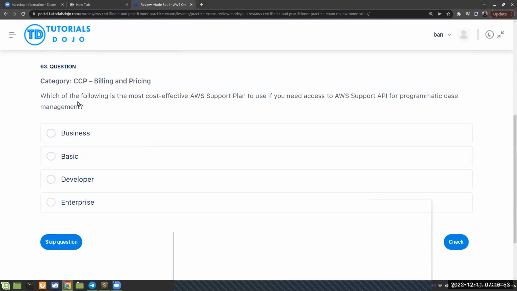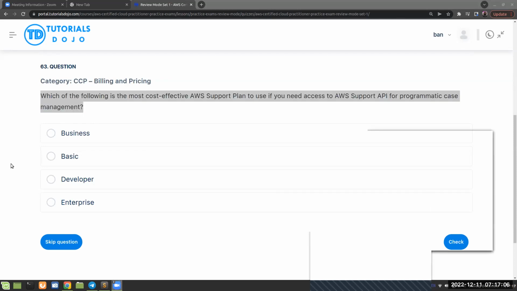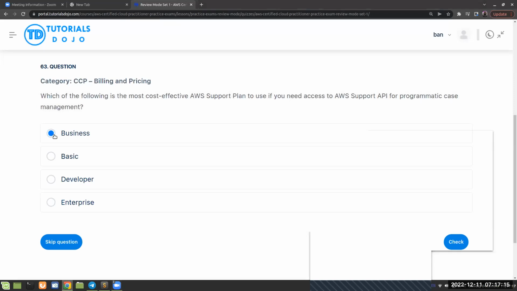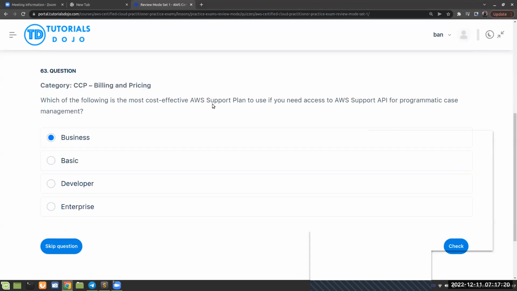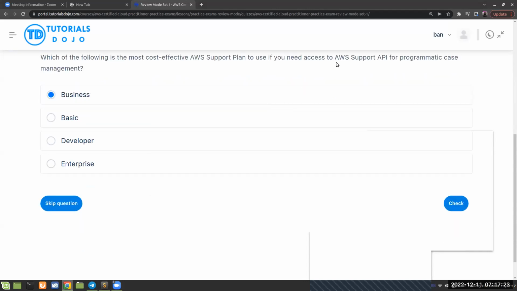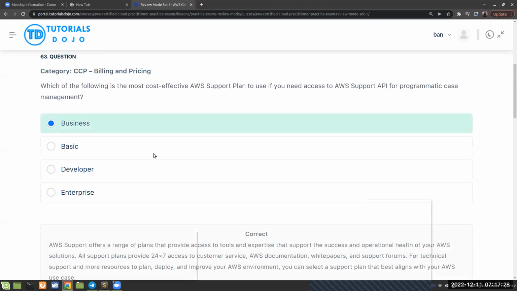Right, next one is: which of the following is the most cost-effective AWS support plan to use if you need access to AWS support API for programmatic case management? Everyone should shout the answer. Business. Okay, I hear business. Yes. So remember, most cost-effective AWS support plan if you need access to the AWS support API. Right, so it's business